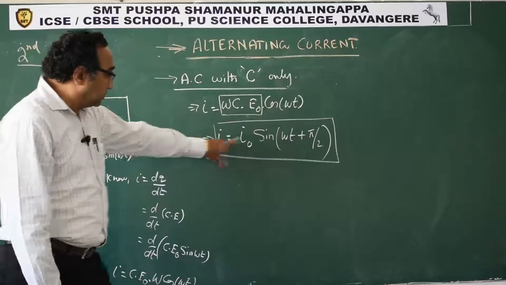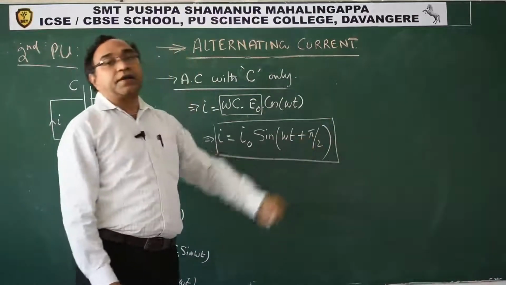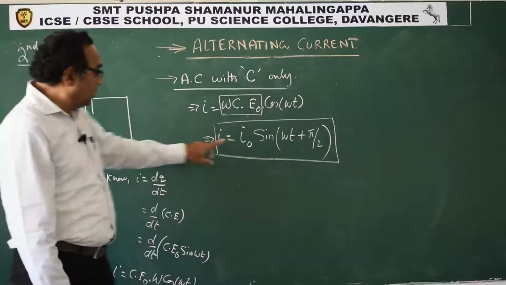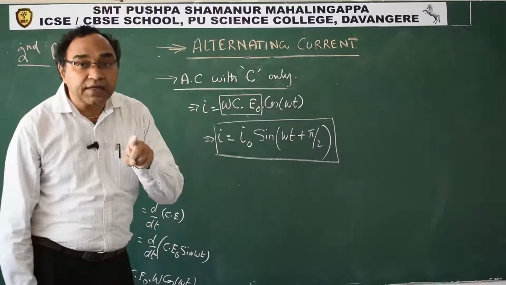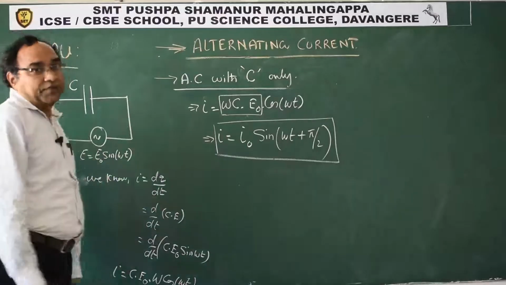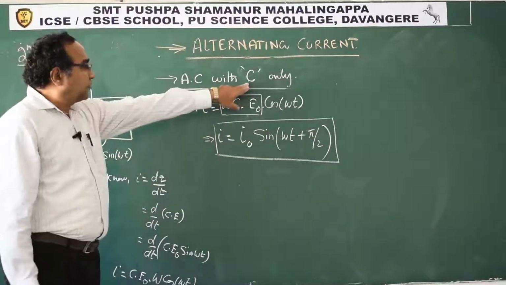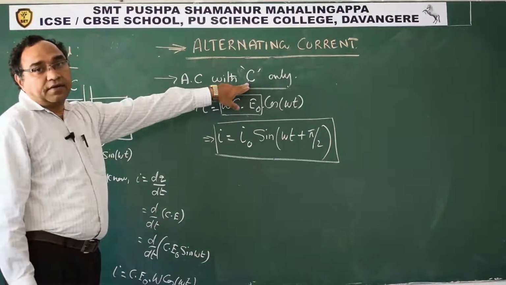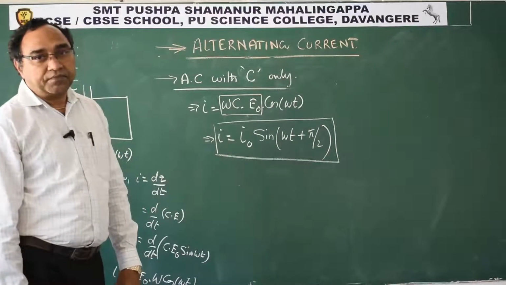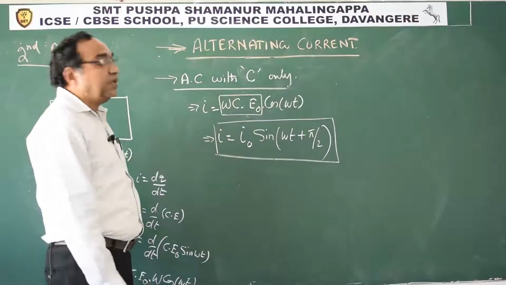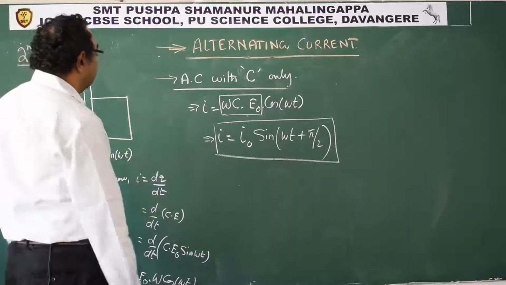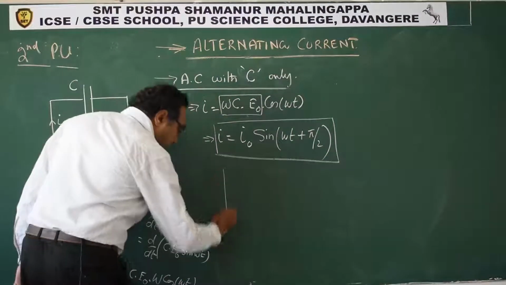See, I is given as omega t plus pi by 2. Here it is only omega t. This means current is leading EMF or voltage by pi by 2 radians. So in a C only circuit, the current leads EMF by pi by 2. Very important feature we have. So now if you draw the phase diagram,